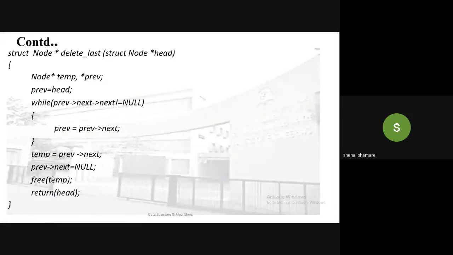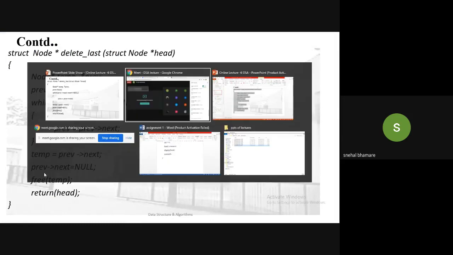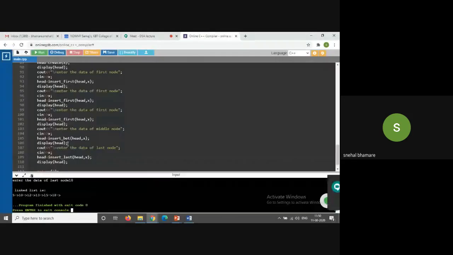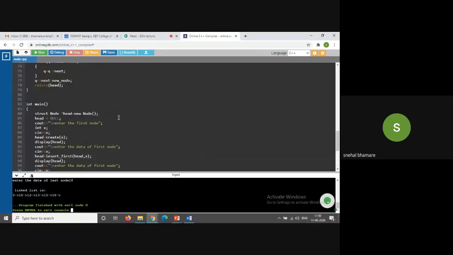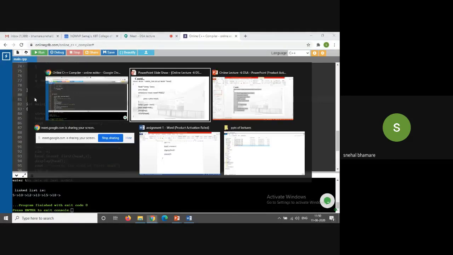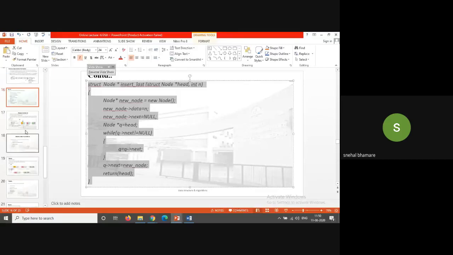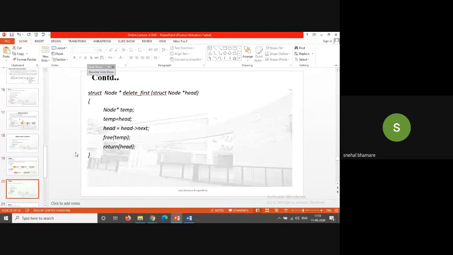Now we will check the execution of these functions. This is my insert at first function, delete at first function.